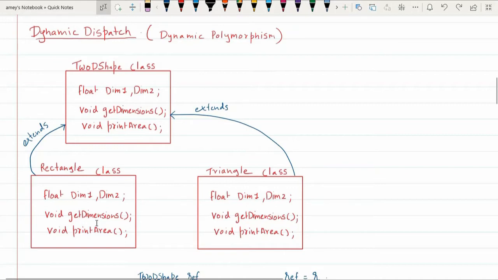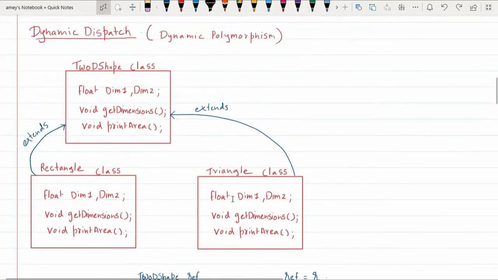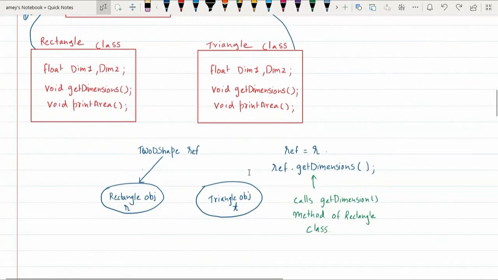Now, the question is, how can I access the methods of these individual classes? For that, we create a reference object called ref of 2D shape. So, ref is a variable of type 2D shape which can refer to an object of either type rectangle or type triangle.